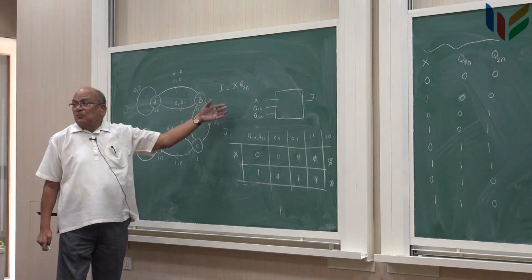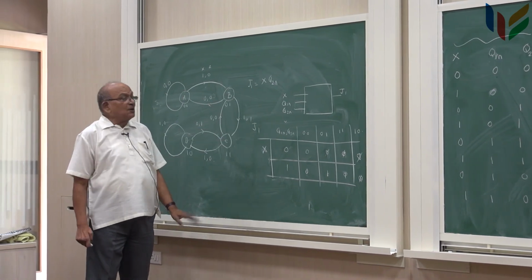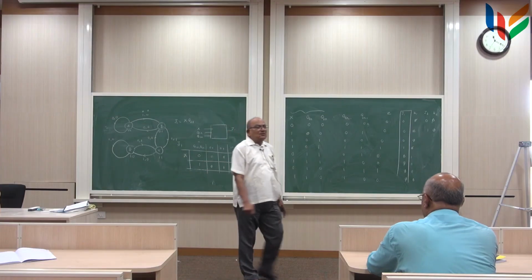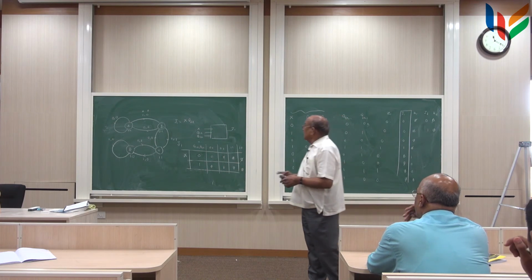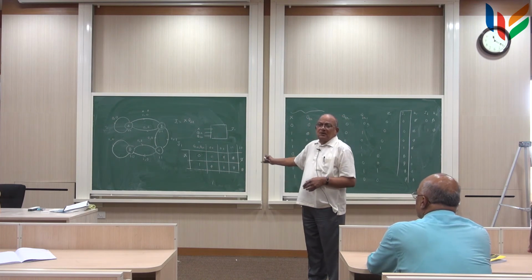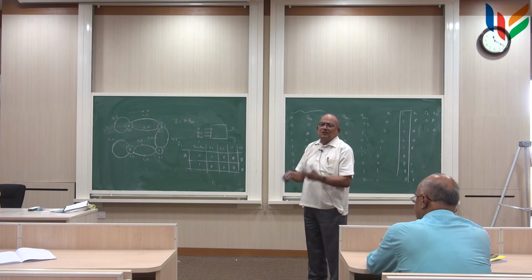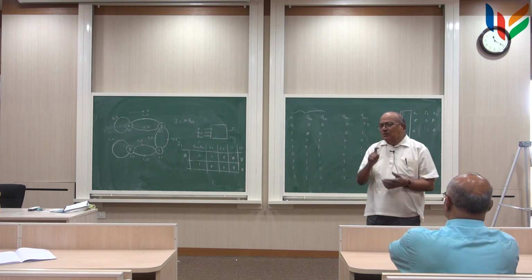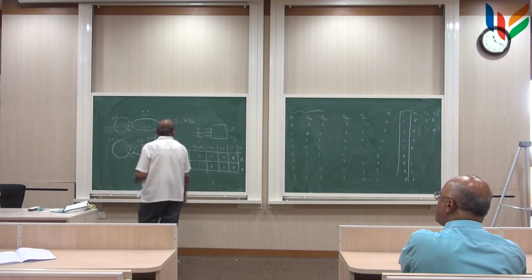Similar things you can do for K1, K2, J2 and so on. So this will tell you how the excitation to the two memory elements, which decide the state, should be obtained by the combinatorial circuit. And this will drive the two memory elements, and the two memory elements change their state according to J1, K1, J2, K2, and go to a new state Qn plus 1. It's simple.